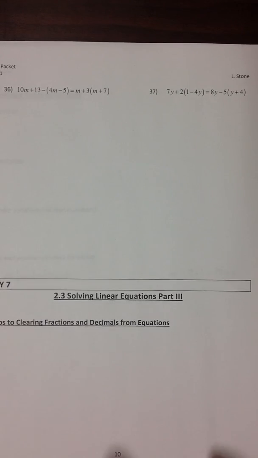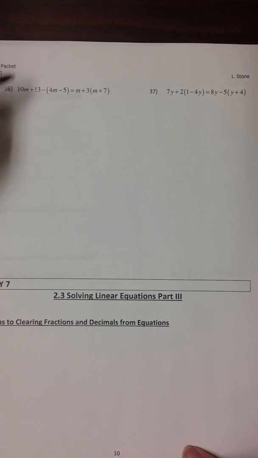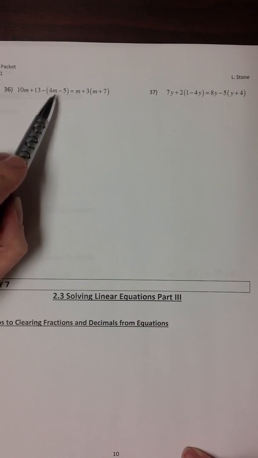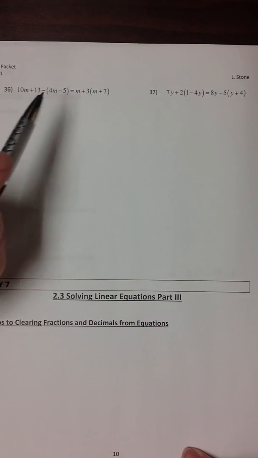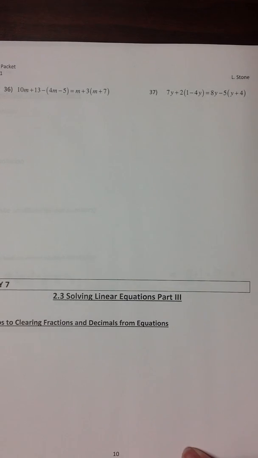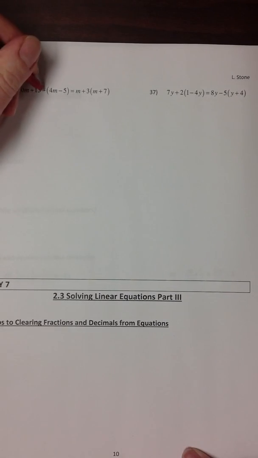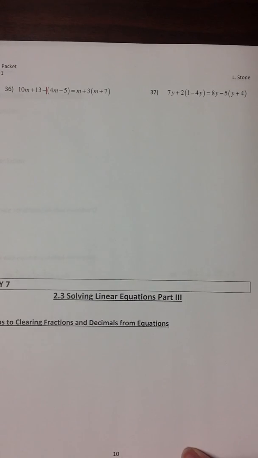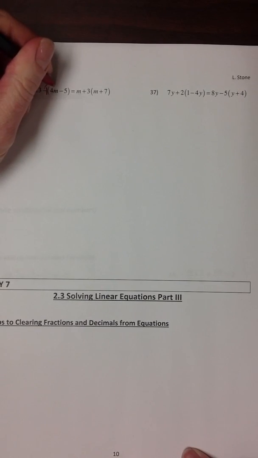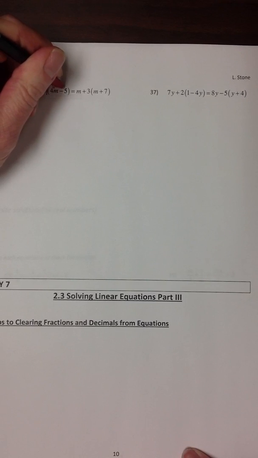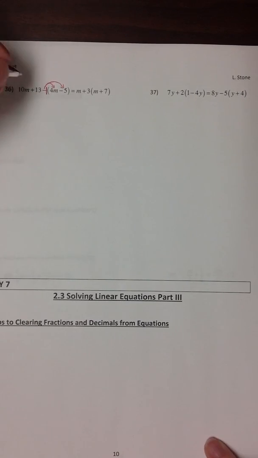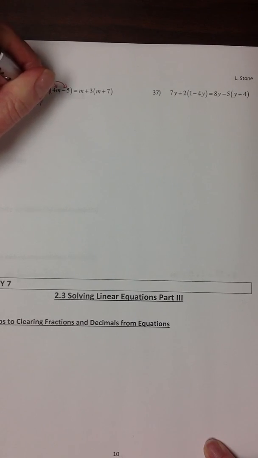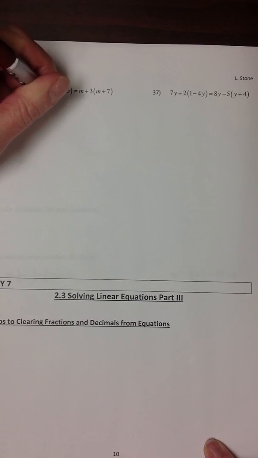Two more examples for today. This one has some parentheses in it, but it doesn't look at first glance like there's anything to distribute. But remember, this negative on the outside can be written as a -1. And when you distribute that -1 into the inside, the left side of this equation becomes 10m plus 13 minus